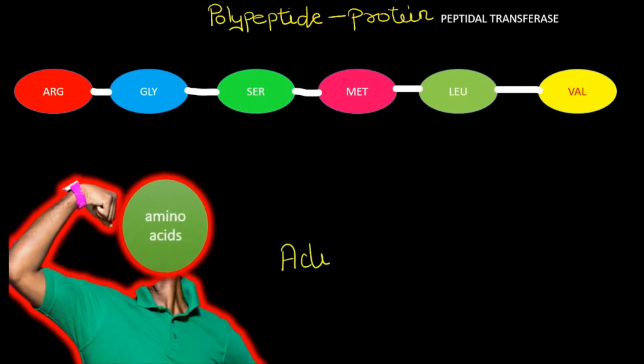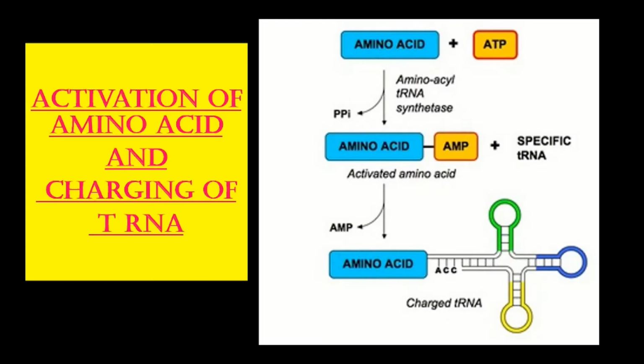and these amino acids have to be activated before they form a polypeptide chain. The activation of amino acid and charging of transfer RNA is the first step of protein synthesis, which we have already discussed in the previous video. इसका लिंक आपको ऊपर फ्लैश करता हुआ मिल जाएगा, बट फिर भी एक बार हम जल्दी से इसको क्विकली रिवाइज